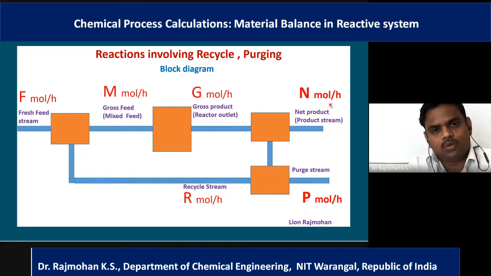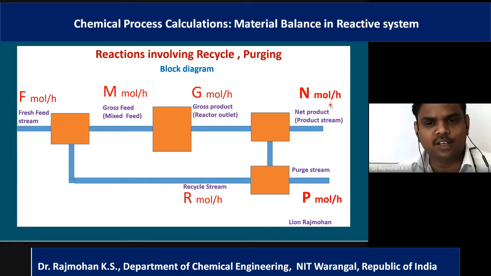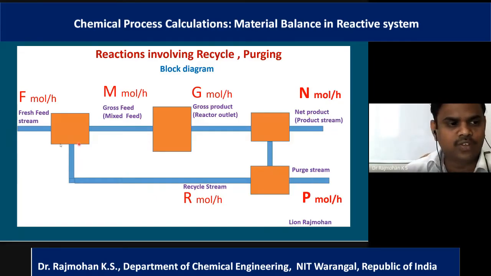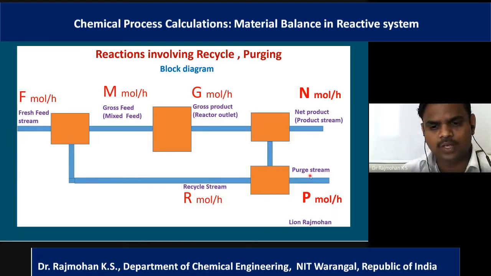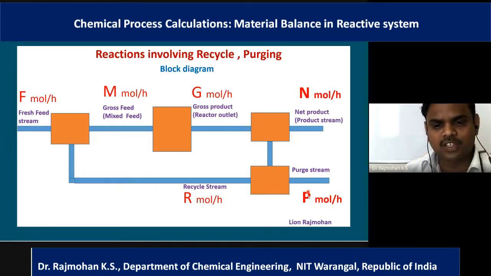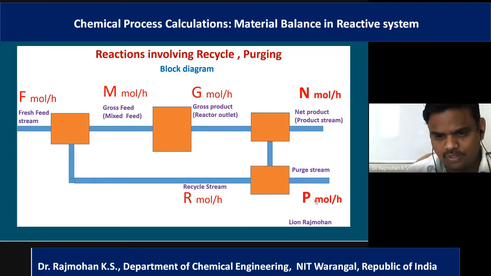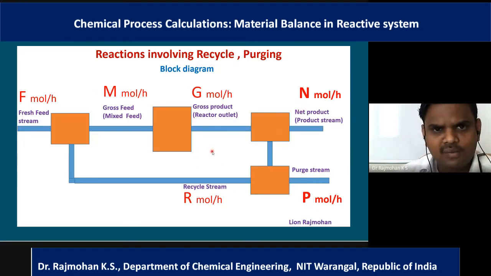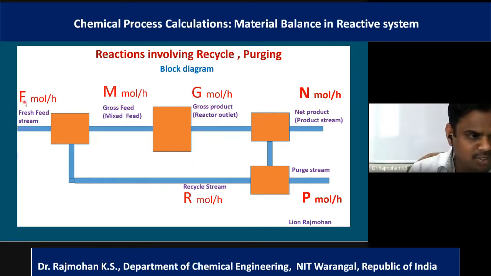If you consider it as a total combined unit, there is one fresh feed and only two outputs. One is the product stream, which is called the net product, and then we have the purge stream. If inert is present in the feed, then we talk about this purge stream, which I have explained in the previous lecture as well as this lecture. First 20 minutes I spent on explaining all these steps, right? So we have the purge stream also in moles per hour. Let us uniformly follow the same notation so that you don't get confused with the symbols. We are free to use anything if we are not showing it to anybody else, but if we are presenting, let us use the common terms, since that is where we make mistakes.